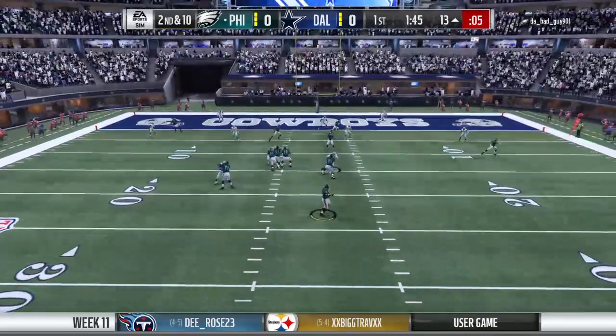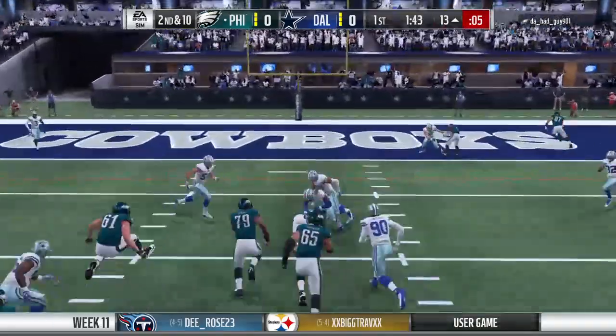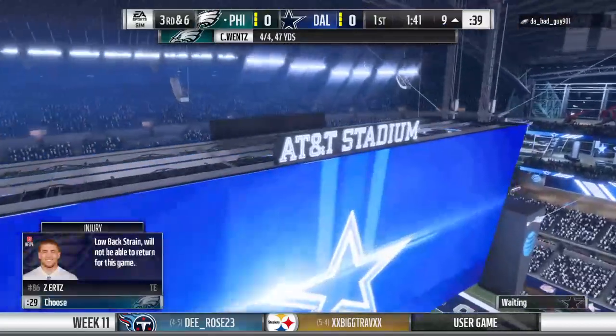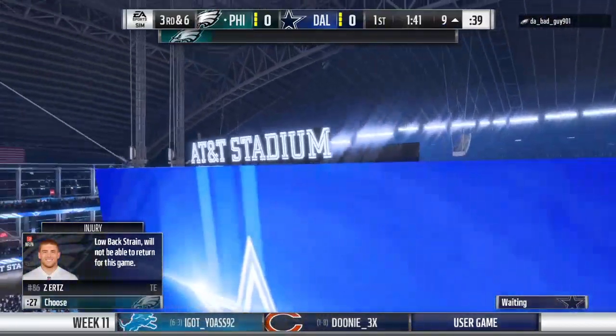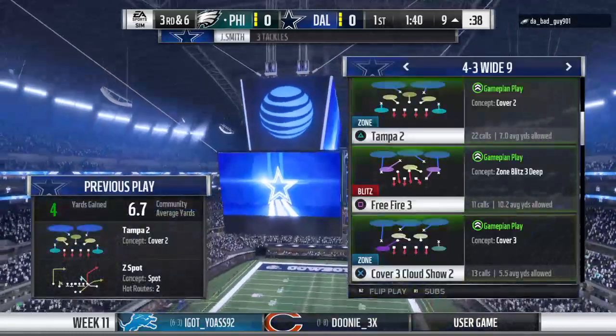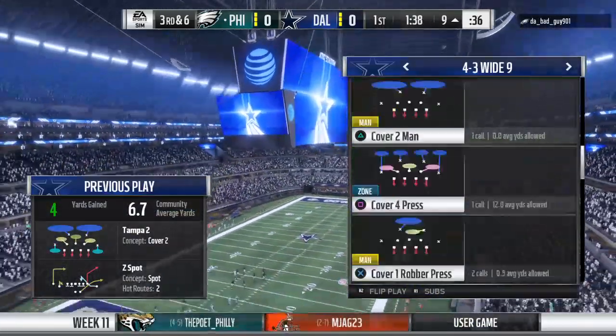Now Wentz throwing on 2nd down. This will be caught just inside the 10. 4 yards on the completion, and it sets up a 3rd down. I don't think it's a surprise they're throwing the football early. We expected that. They told us they were going to come out firing, but 4 for 4 on the opening